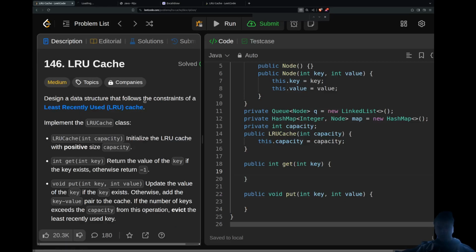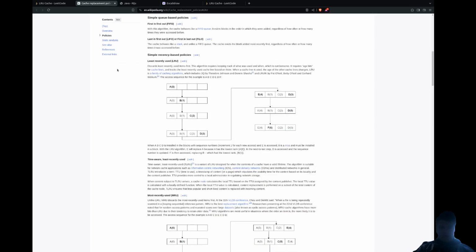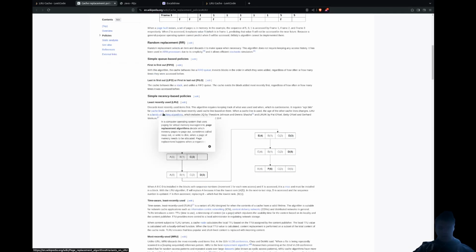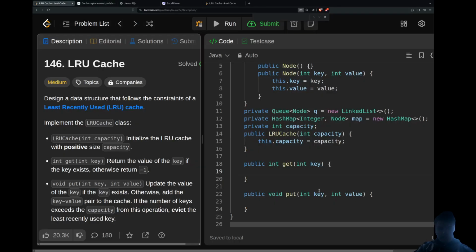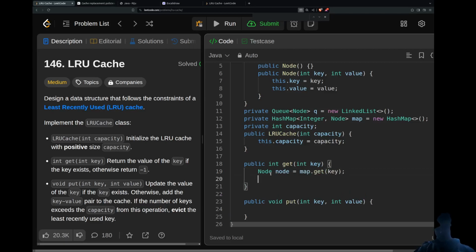I wonder if the usage of the cache updates it. So for the get, I need to first get the node: node equals map get key, and then